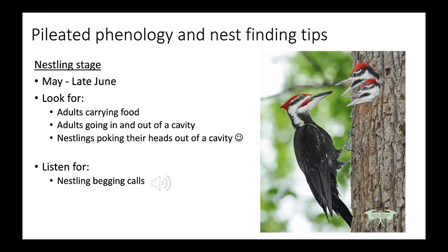Yeah. So yeah, if you're out birding in some woods and you hear this, you're probably